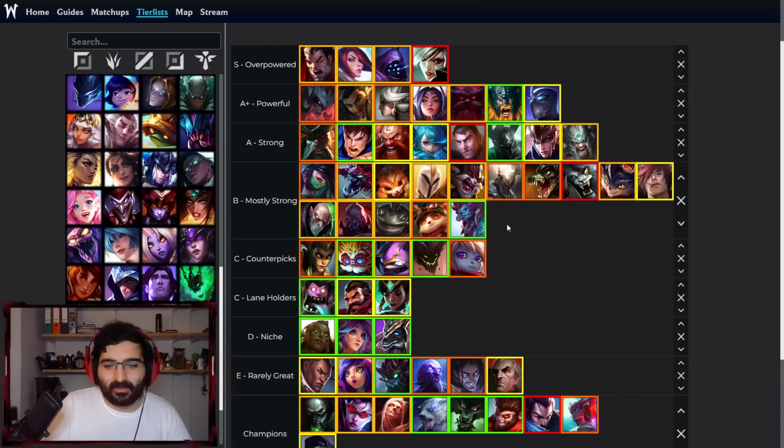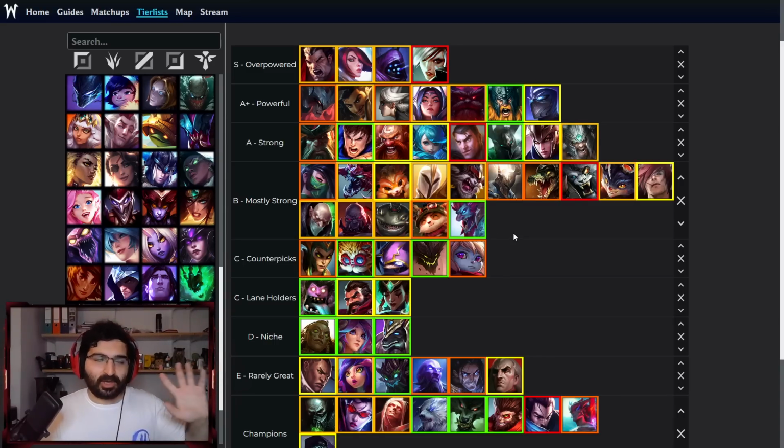Trundle's getting weaker and weaker, because the champions that destroy Trundle are really strong right now, right? He had his time in the sun. He had his time where he was one of the best 1v1ers in the game, but as...